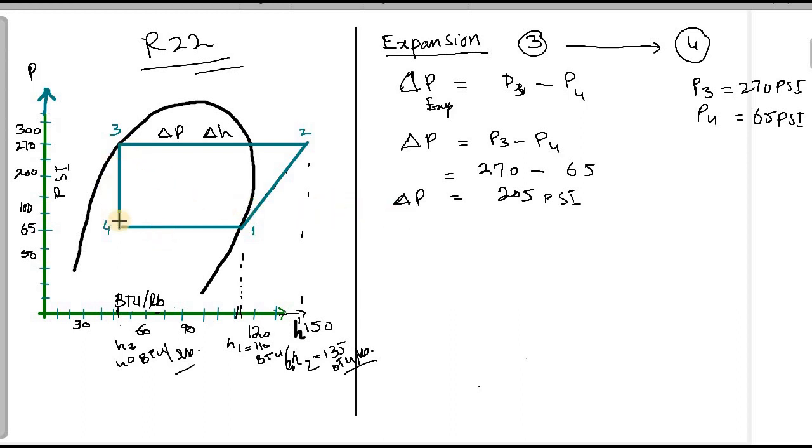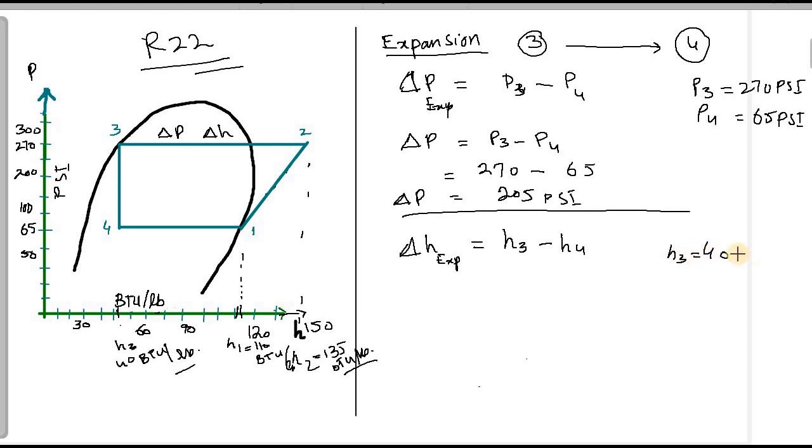Now the second thing in this expansion is the total change in enthalpy, and the change in enthalpy will be delta H in expansion. This is the total difference in enthalpy during this expansion, and it will be equal to H3 minus H4. The value of H3 here, you can see, this is point 3. The value of H3 is